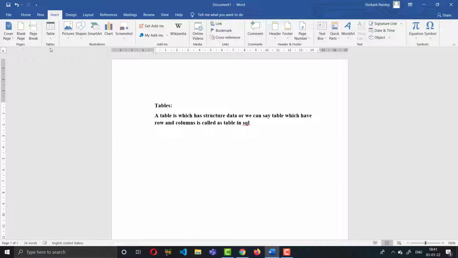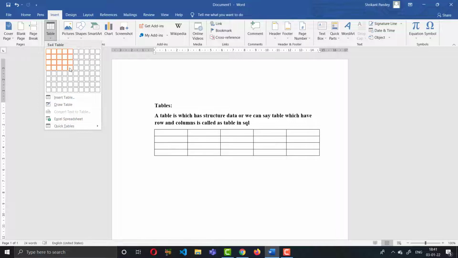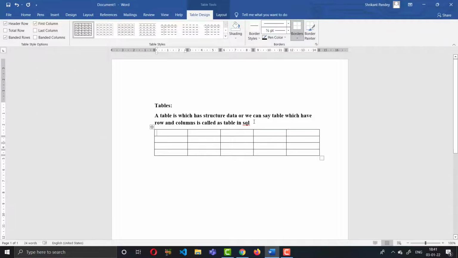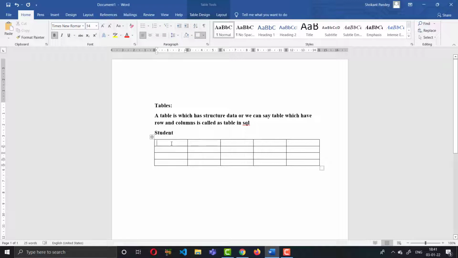Now I'm just connecting to the real point: what is a table? Suppose you have created 5 rows and 4 columns, and suppose that the table name is student. Now here we will write the column names.